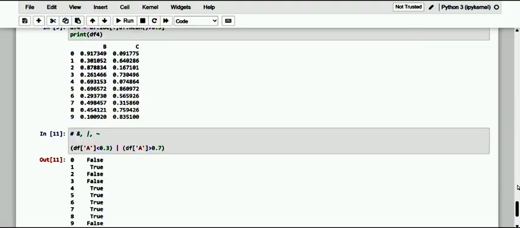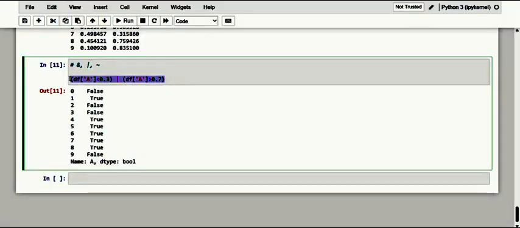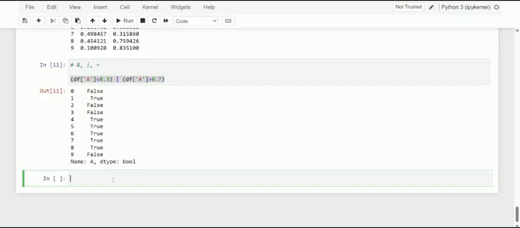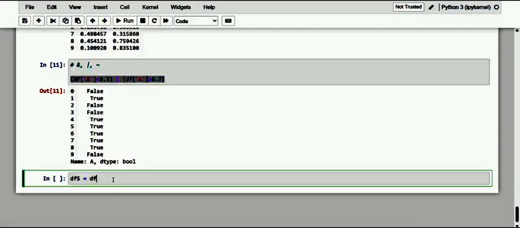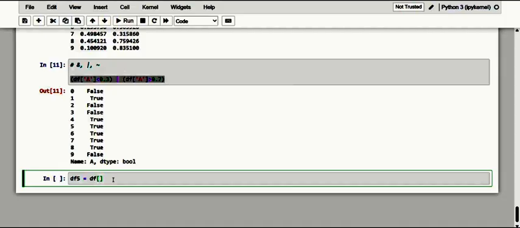So see here, this is how we make use of one or more conditions. Let me just apply the same thing. I'm just going to copy this and apply it onto a new data frame, df5, making use of this functionality.